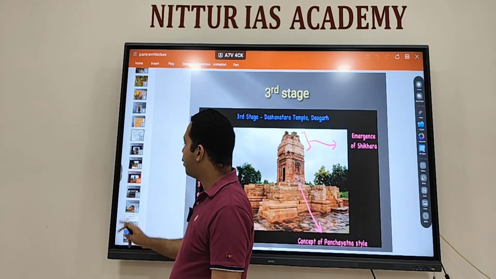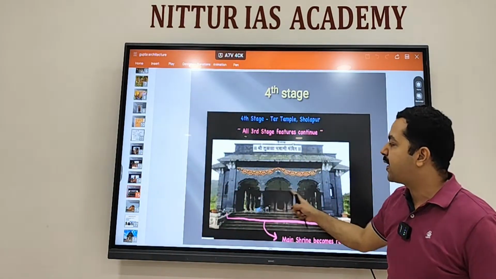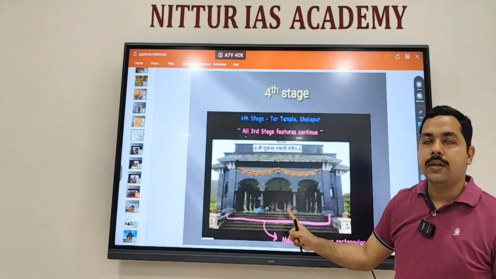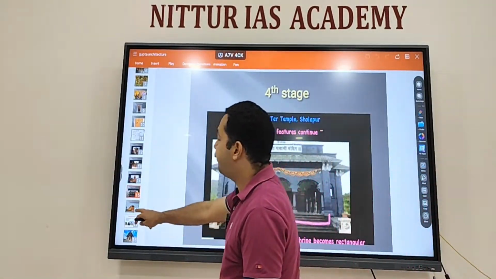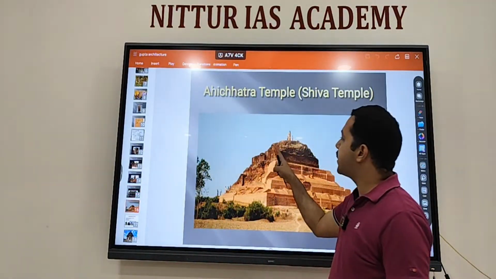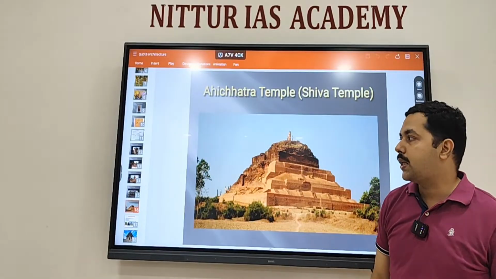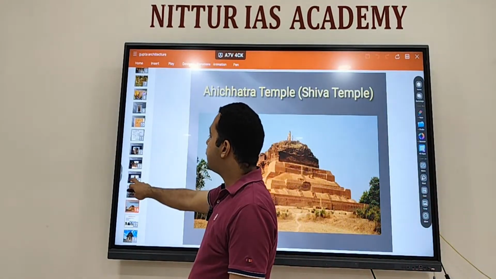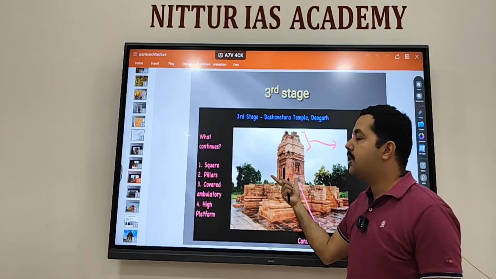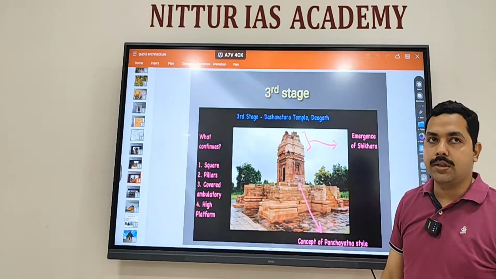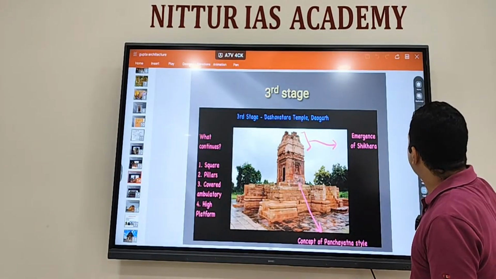In the fourth stage, you will see a more rectangular style temple rather than square shape. And the fifth is a circular style of temple. So currently we discussed that the Nagara style is emerging from which stage? From the third stage. Clear? Any doubt? Now if you see the Nagara structure,